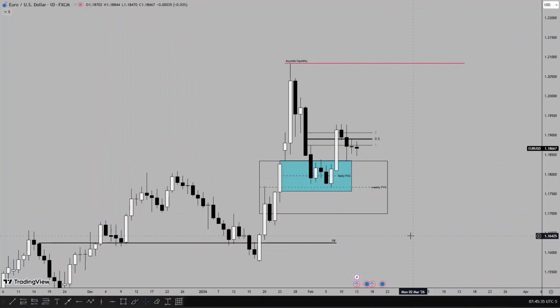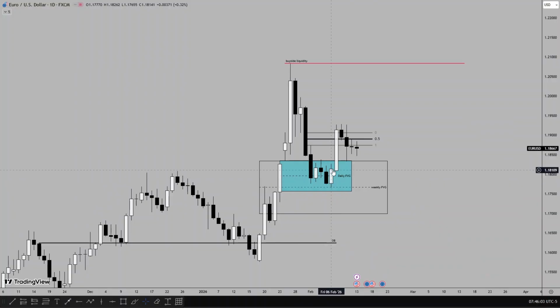On the daily time frame on Euro USD, on this week's live analysis, I talked about price. We're expecting the daily fair value gap. My first draw on liquidity is to see price fill in the daily fair value gap. And if price were to fill in the daily fair value gap, I'm looking for a retracement to use it as an inversion fair value gap to trade higher to run the buy side liquidity.